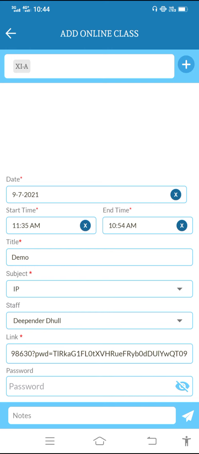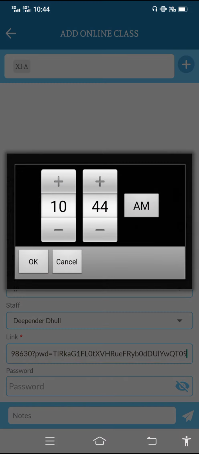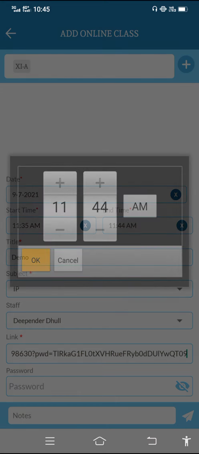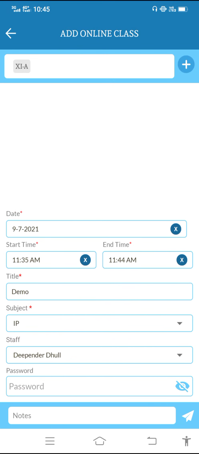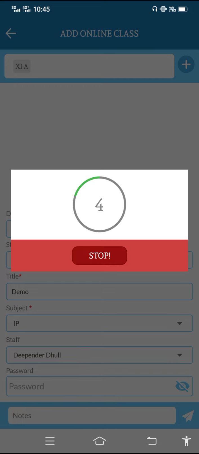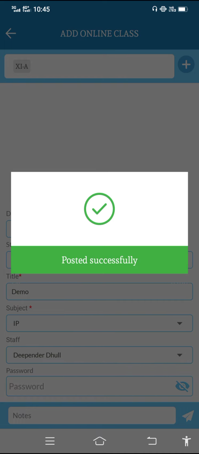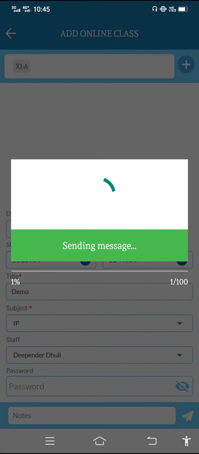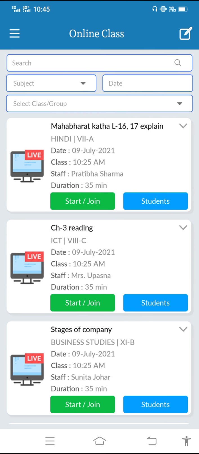Date and time cannot be, so this is the wrong time I have mentioned. Now okay. It will give you some 5 seconds' time to stop, otherwise your class gets scheduled. And you can see here, because in my case many classes are mapped, if you want to search for your class, it will show your subject only.